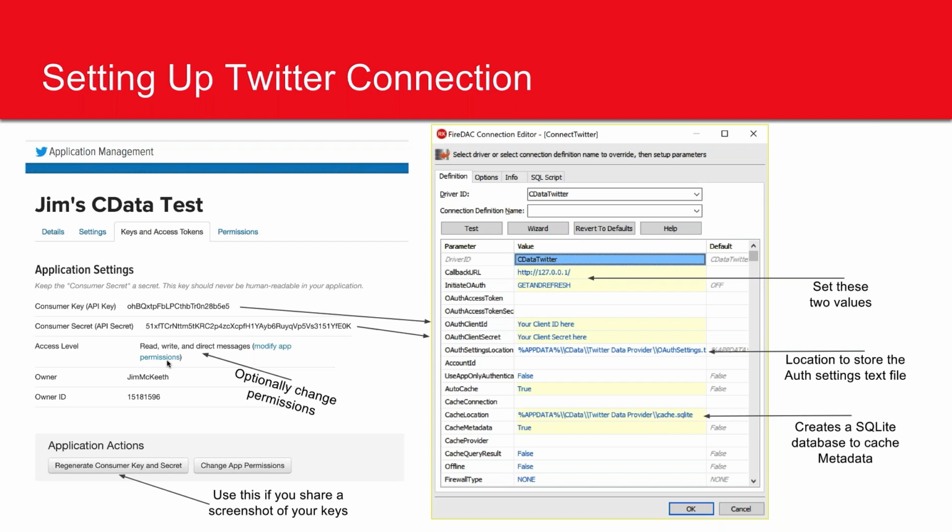You can change your access levels here. By default, it's only read and write, but you can modify it to add direct messages. And that's really all you need to do for Twitter. Twitter's really easy to set up. On here, you're going to put the callback URL and also set this to get and refresh for the initiate